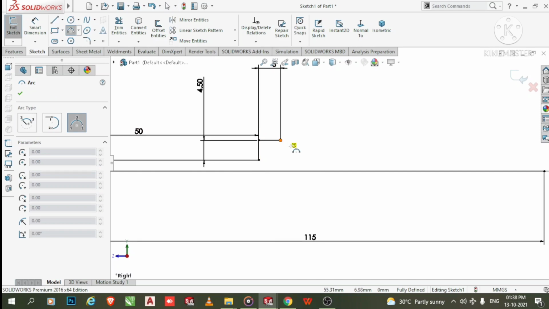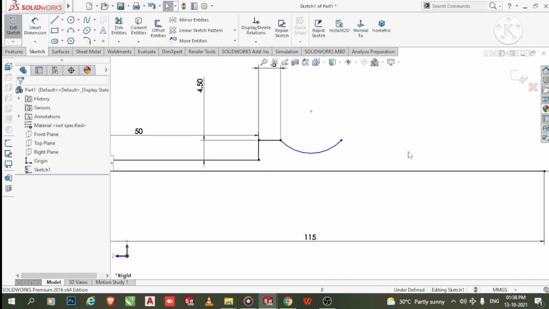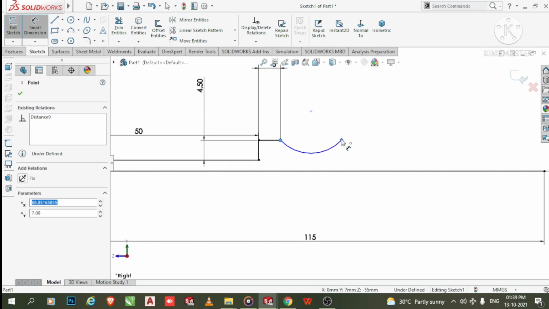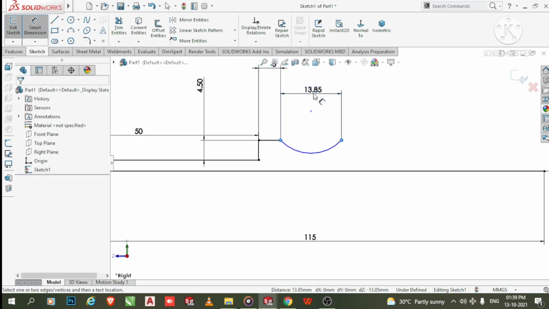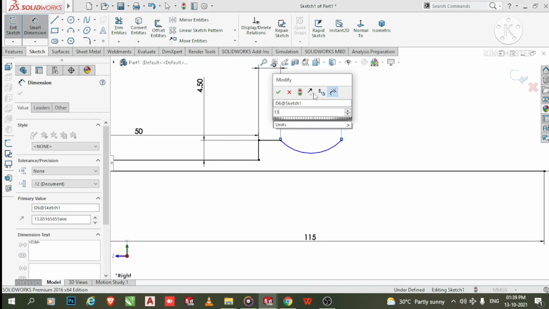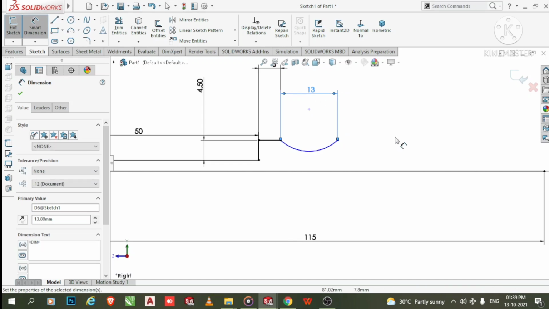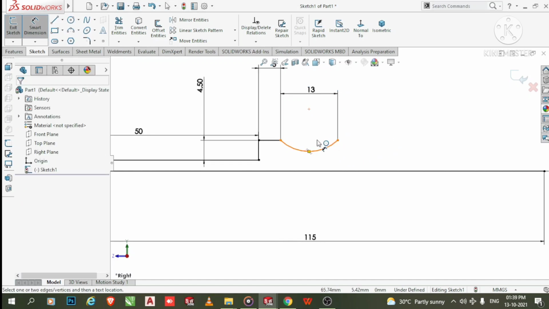Now select this point, this one and this one. Select this smart dimension, select both points and make the gap 13 mm. Okay, and make the radius to this arc of 9 radius.